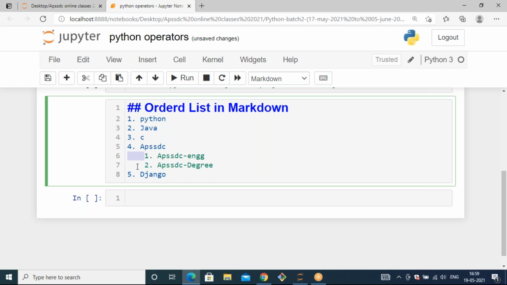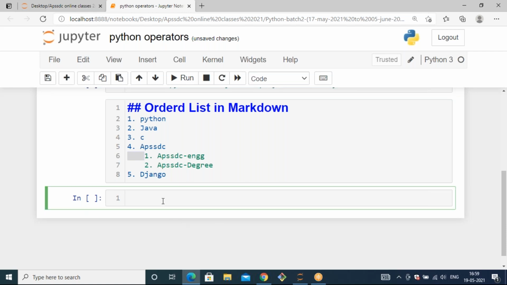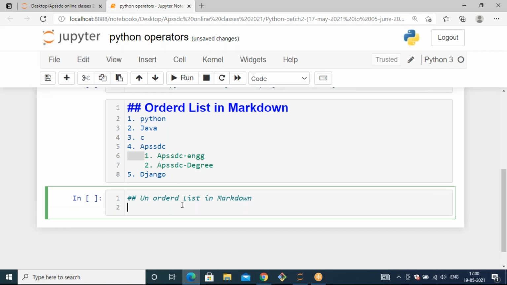So in some cases, we don't want the numbers. That means we don't want an ordered list. We want some kind of symbols only, that means an unordered list. So for defining an unordered list, you can take inserting unordered list in Markdown. Let's make a heading, unordered list in Markdown.